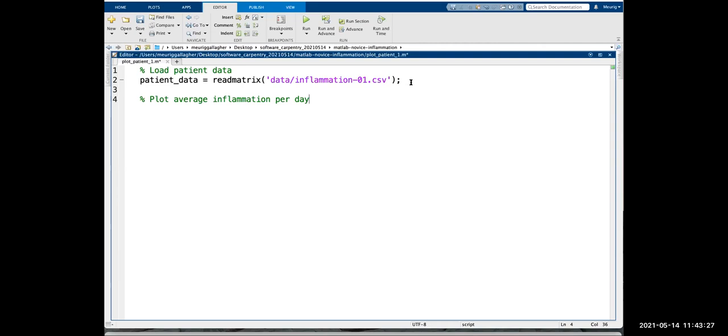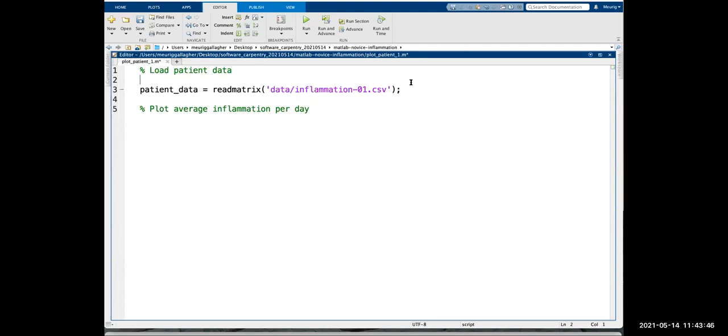So Andre's saying, would it make sense to start a script with setting up the working directory as a variable and reusing it for opening different files? Yeah, so that is definitely one way to do it. So you could set up the working directory as a variable, or different parts of the working directory. So we could say data directory is equal to data, and then / say, and then we can build it up like that.